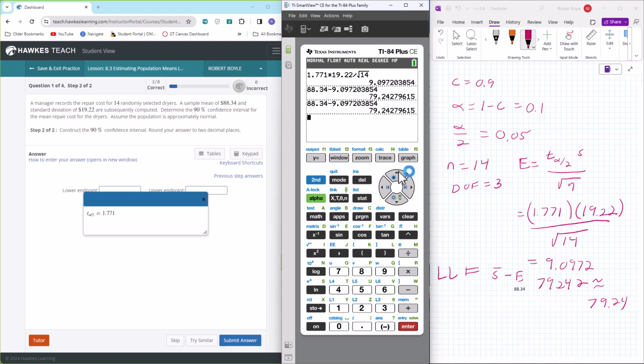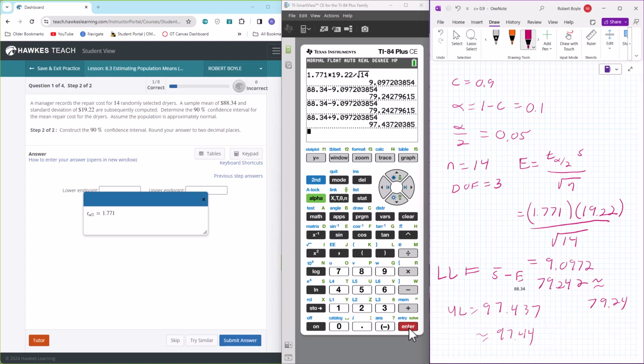Oh, didn't want to do that. Let's try that one more time. Highlight this, change the minus sign to a plus sign. There we go. Then hit enter, and for the upper limit, I get 97.437, which will round to